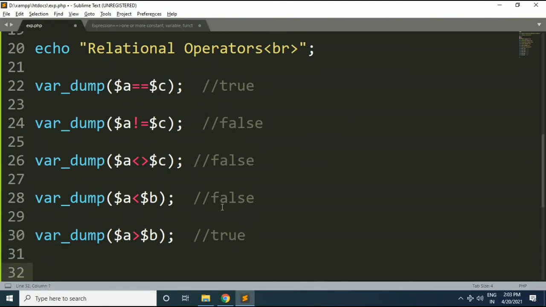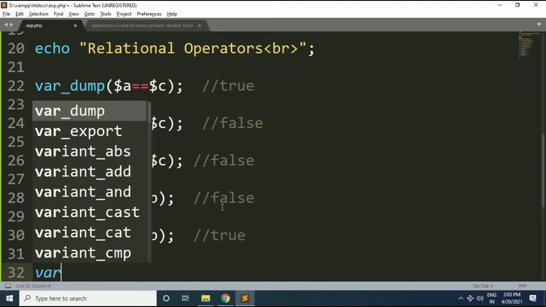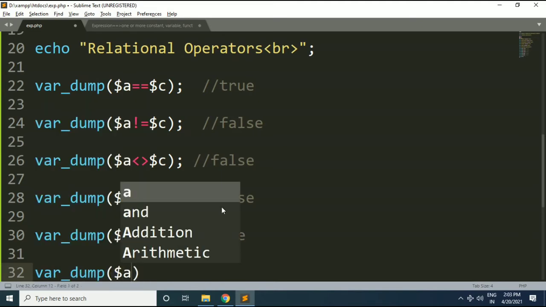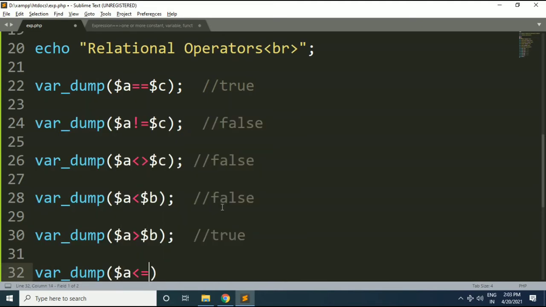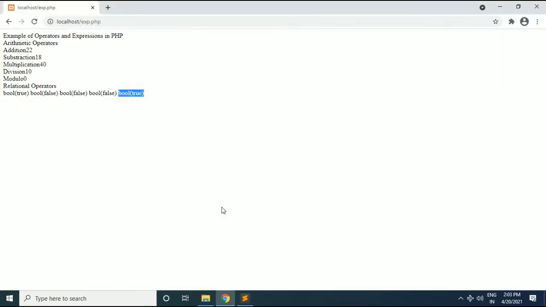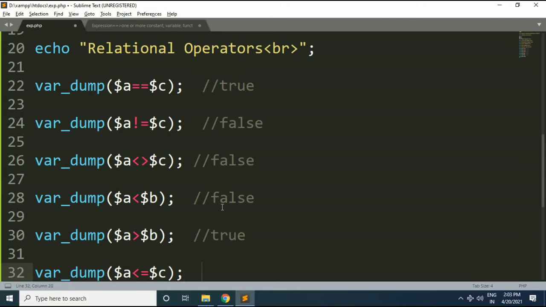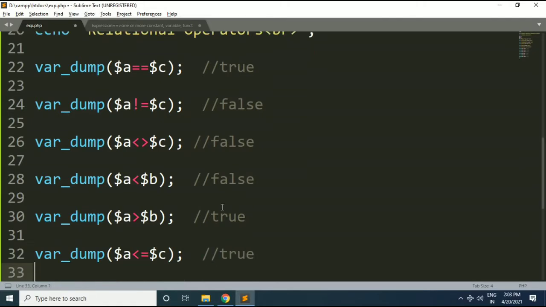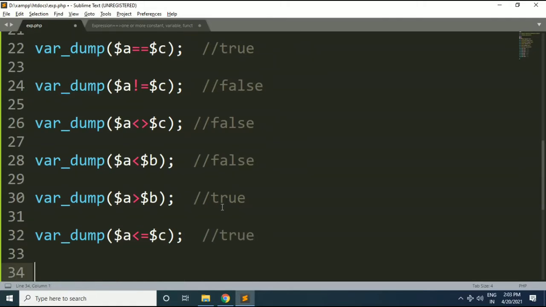Then next we will use the less than or equal to operator. This will be true as A is less than or equal to C. Then we will use greater than or equal to.